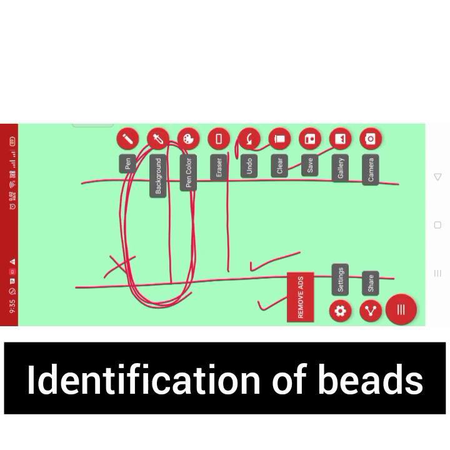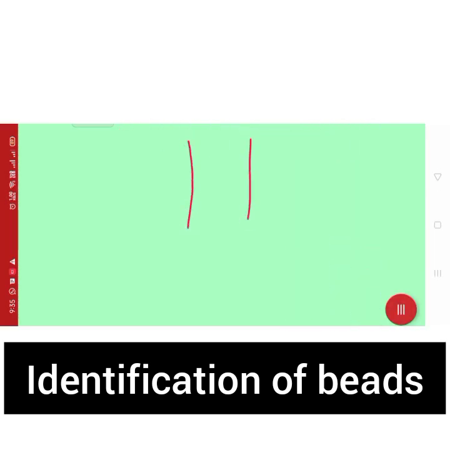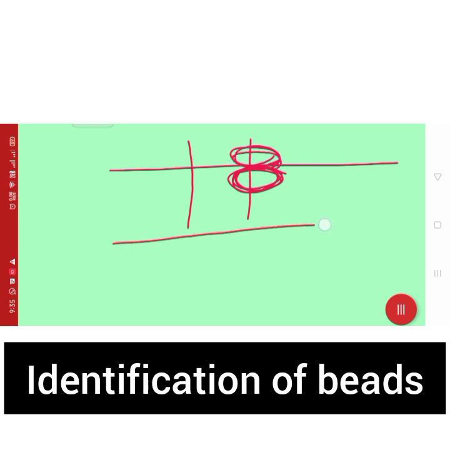Clear? So if I ask you to draw 6, how will you draw? First you will draw 5, then you will take one more bead. And remember children, see how I am drawing, it should touch this line. This unit dot, it should touch this unit dot, otherwise your answer is wrong. So you will write 6.